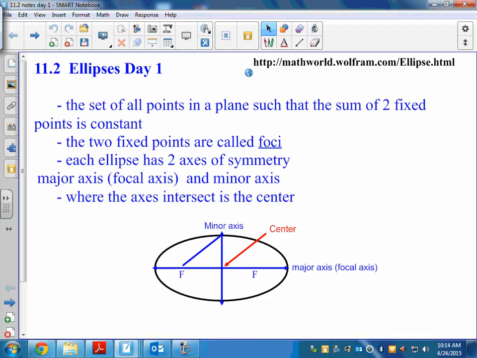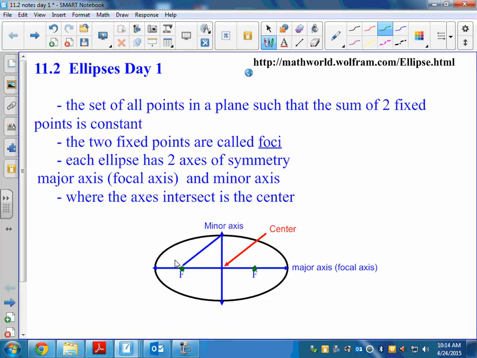...in which the major and minor axes are not equal. But it's a set of all points such that the sum of the distances to two fixed points is constant, which is really cool. That's why I'm going to show you this picture. These points here are called the foci, or a focus, but you don't say focuses, you say